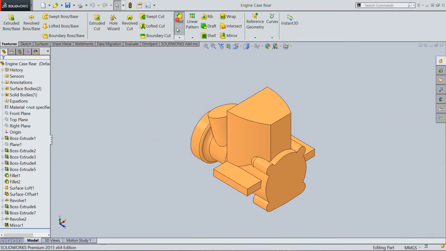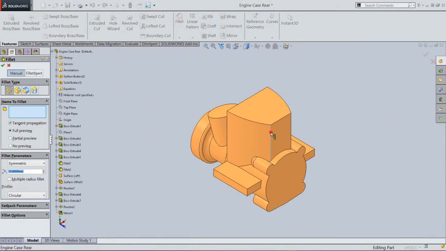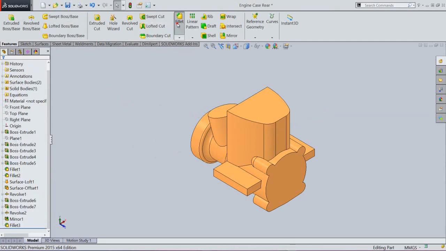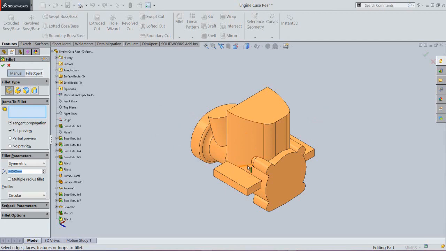Now we will activate the fillet command. Select these two edges. OK. The fillet radius will keep 5 mm. Apply some more fillets over this model.